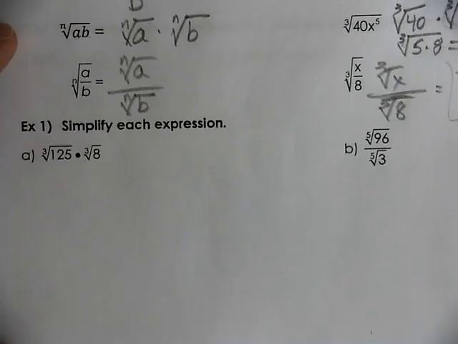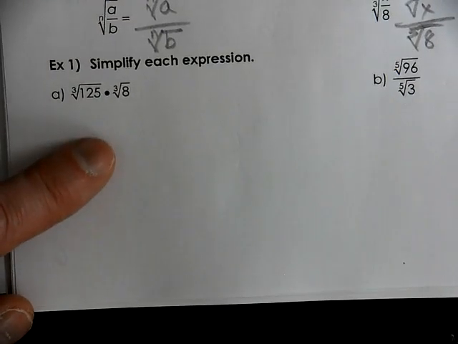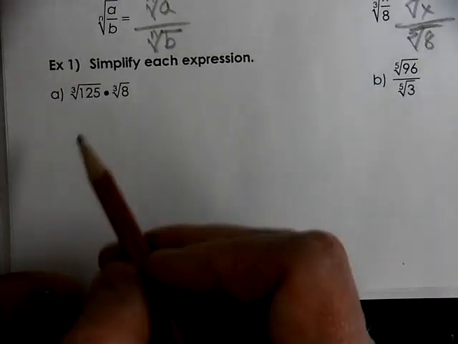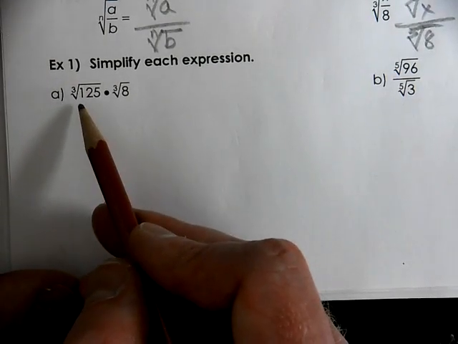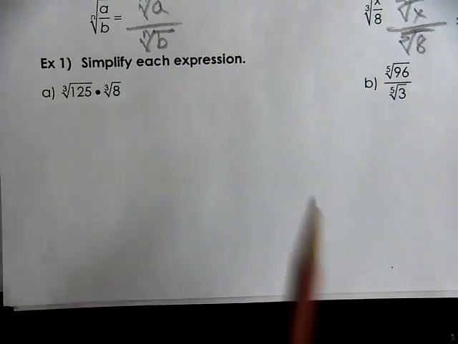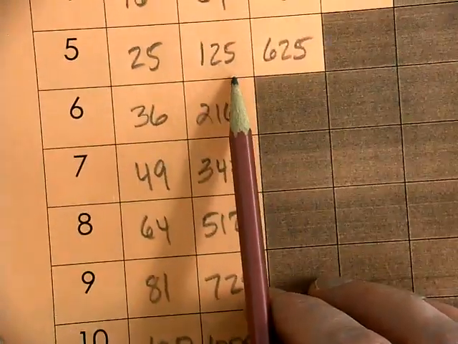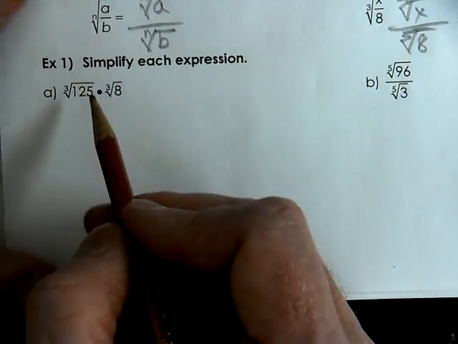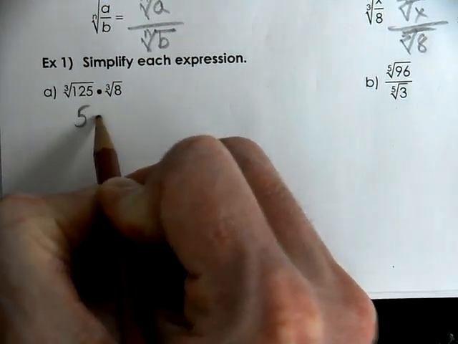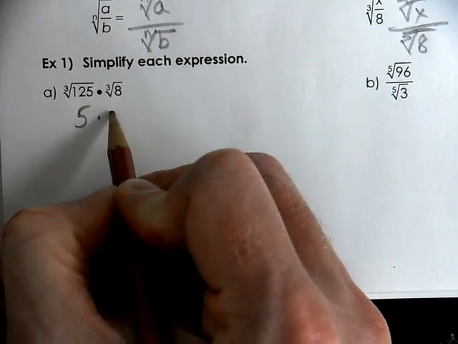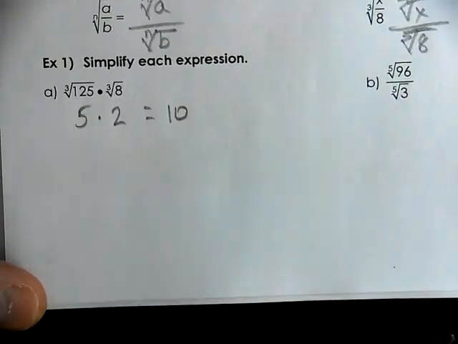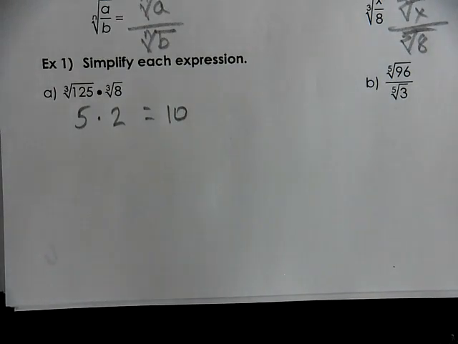So let's go ahead and try to simplify these. What do you see? You have to make some decisions on these. This is the cubed root of 125. So this is cube root. Can I go to cube root? Do I have 125? It's 5. So the cube root of 125 is 5. The cube root of 8 is 2. So my answer is 10. It's not 7. Don't add them together. 6 plus 7